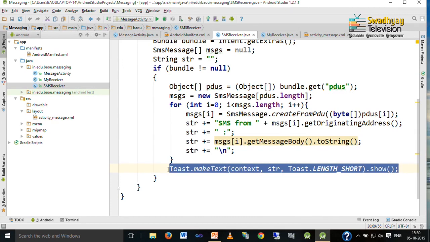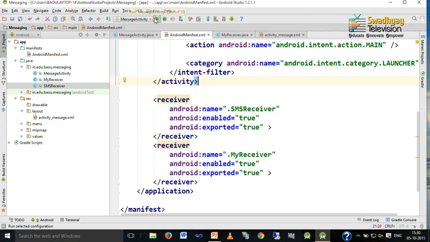When you install this application on your phone, it can send SMS programmatically as well as display whatever SMS is received from a user in a toast. Here I am pressing run message activity by clicking on this button.